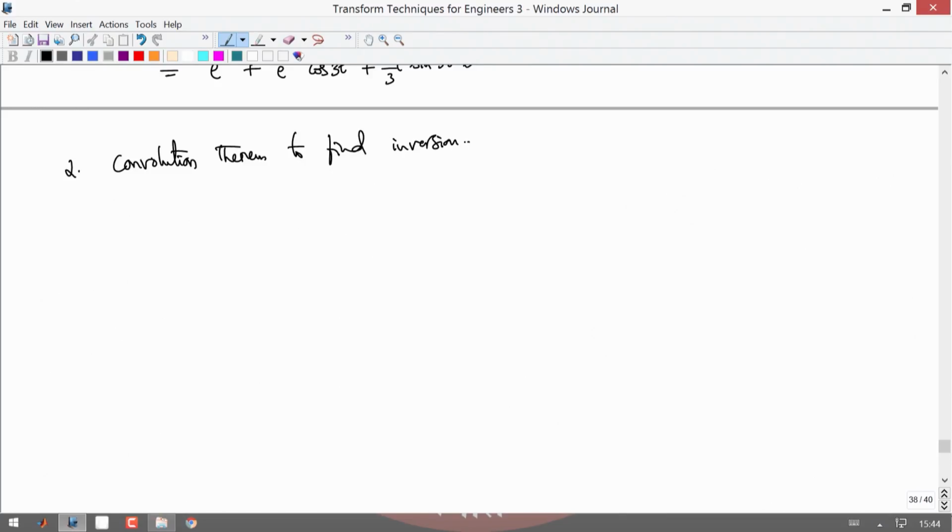So, let us see how it is done. Convolution theorem: what we had is the Laplace transform of the convolution of f with g, as a function of s, is equal to f bar of s times g bar of s. If you take the inverse here,